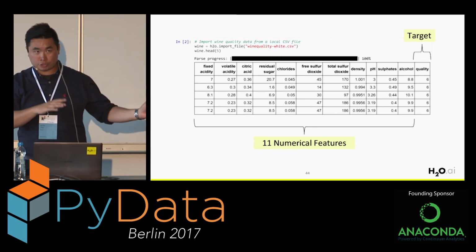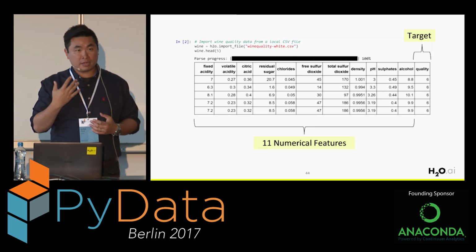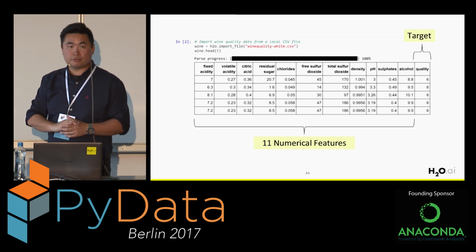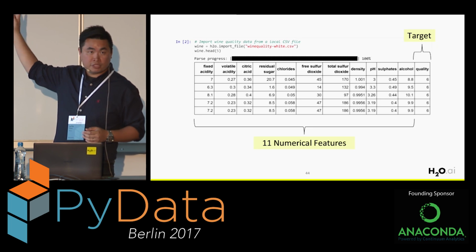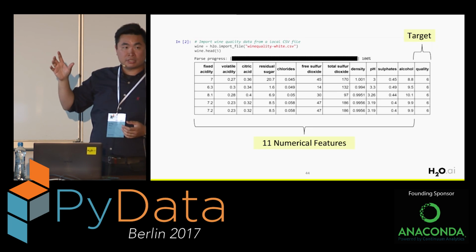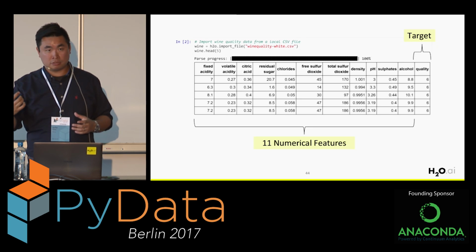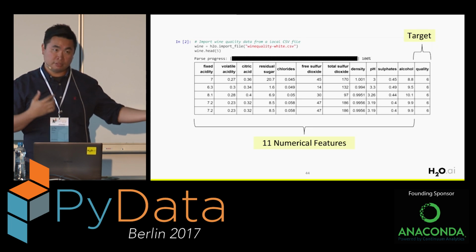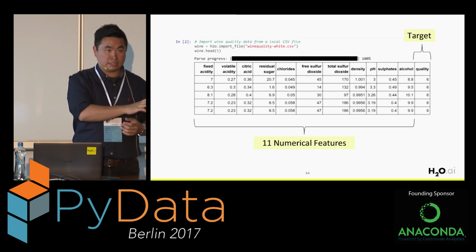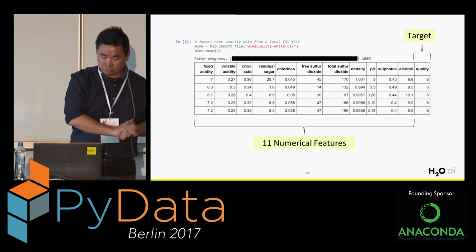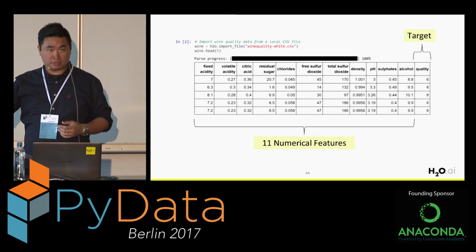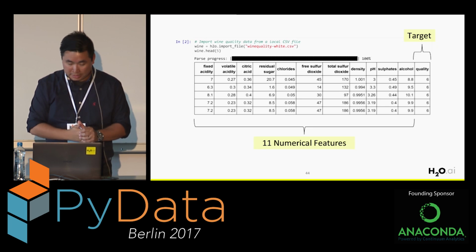Okay, so let's go back to that regression problem. We're going to use the same wine quality data set that we saw in the first example. What we're trying to do this time is to use the features. On the left-hand side, you've got 11 features about the wine, so there are different characteristics of a wine. And then at the end, we have the quality. This quality is a number that people assign to this wine, from, I think, 3 to 9, where 3 is the poorest and 9 is the highest quality. So they assign a quality to different wines, and they record the different characteristics of that wine. So we can use these features to try to predict a wine in the future. We can use this like a simple predictive model exercise.